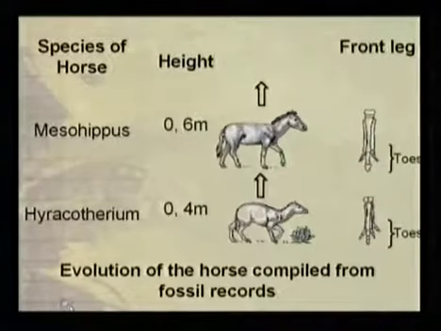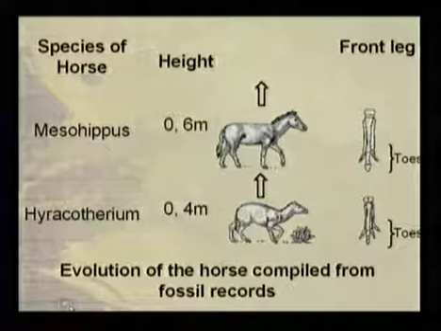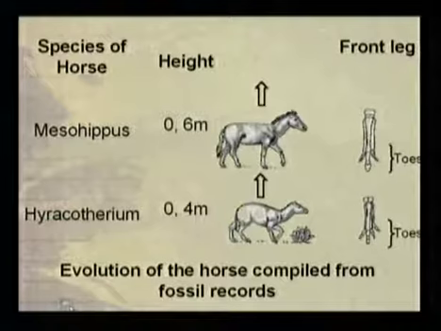I hope that people are paying attention at home. Oh yes, because this often comes up. So it says the diagram below represents the evolution of the horse compiled from fossil records. And I need to go here, and we can see, because this is put into two separate slides, that we can originally see, if we go all the way back to the beginning of the horse, our first ancestral horses